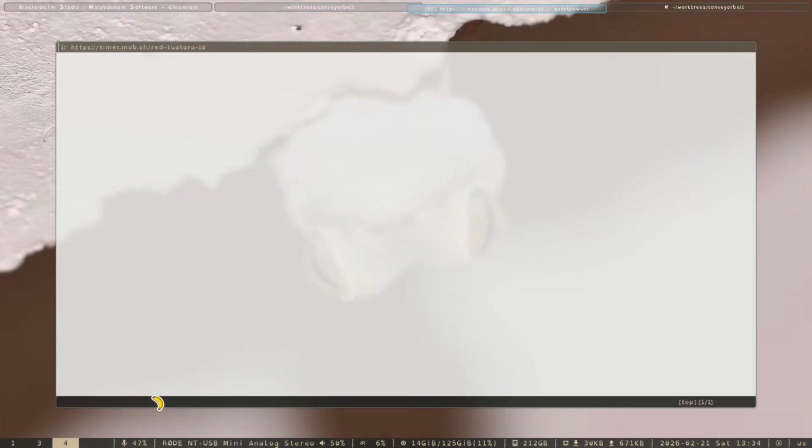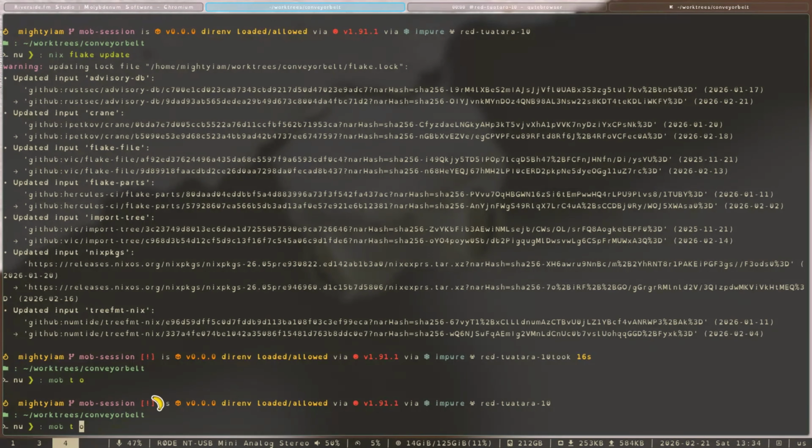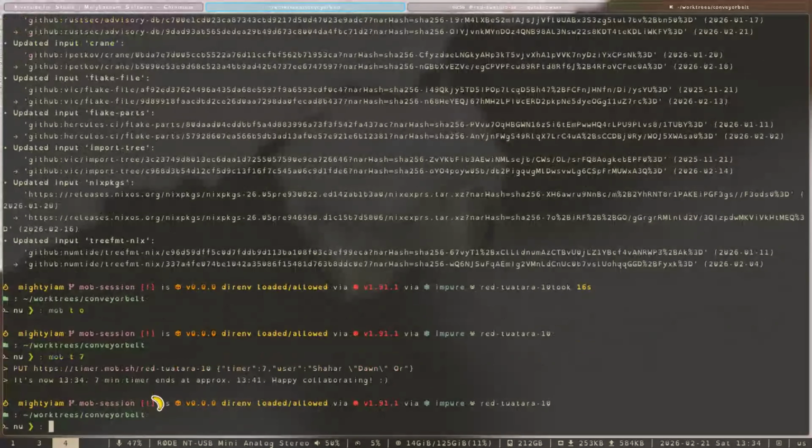T open. P7. Put this over here. I just did the. Okay, so